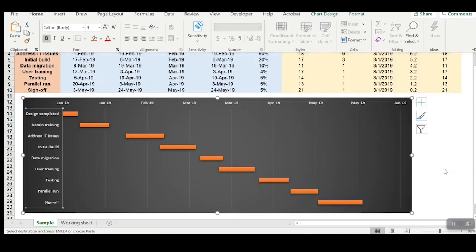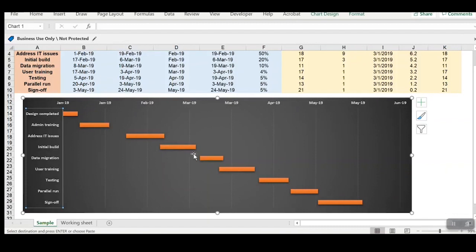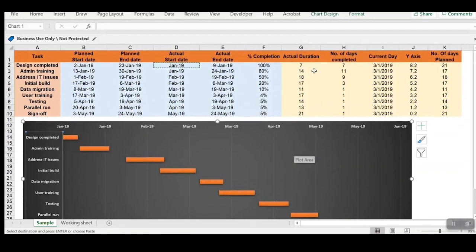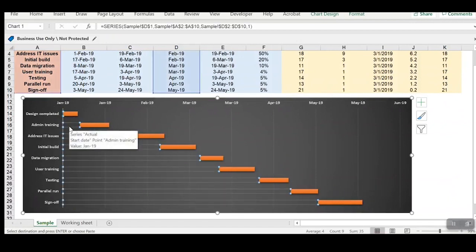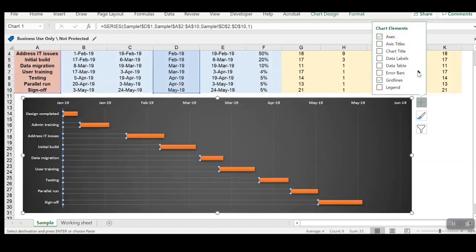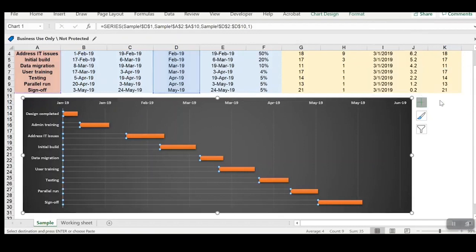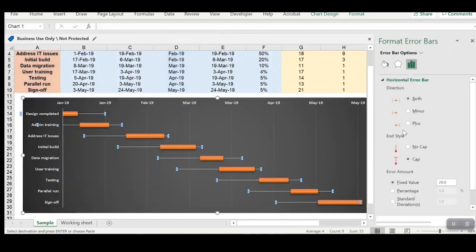And now what I'm seeing on my screen is the actual duration of all the tasks that are assigned to my project. Next, friends, what we have to do is bring in the effort that is completed for this actual duration, right? So for that, I need to bring in the data. I will select this portion, and once I select it, I have to select the error bars and go to the more option here. And friends, as you can see here,